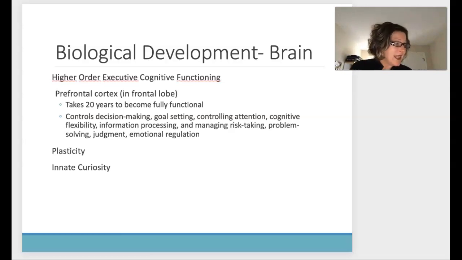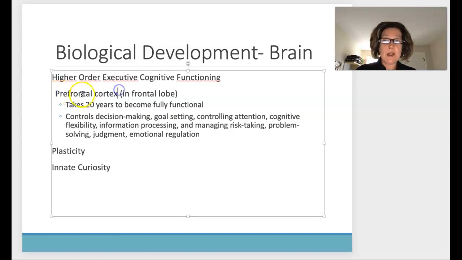Okay, so let's talk about plasticity. Oh, actually, sorry, going back to this whole prefrontal cortex. If you are teaching upper elementary or junior high and you kind of go, why are you doing that? Why are you skateboarding on the pipe that is obviously dangerous?